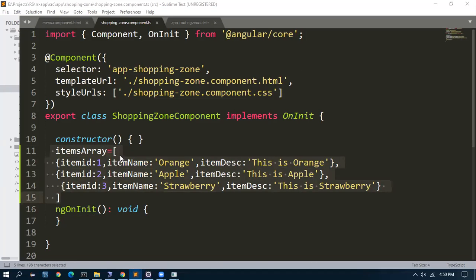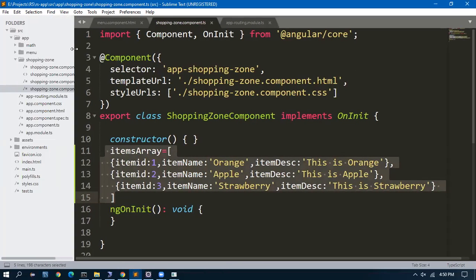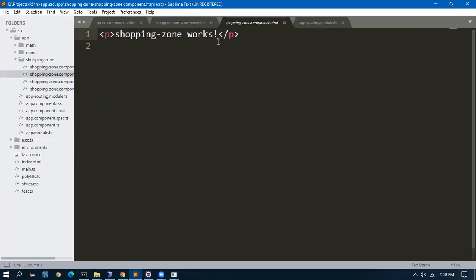Okay, super. So after this, we have to go to the shopping zone HTML and iterate the object. Yesterday we learned how to iterate with a for loop.